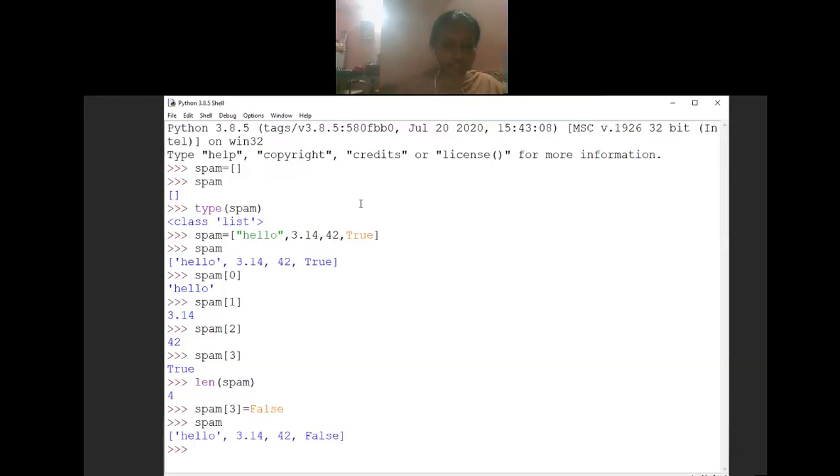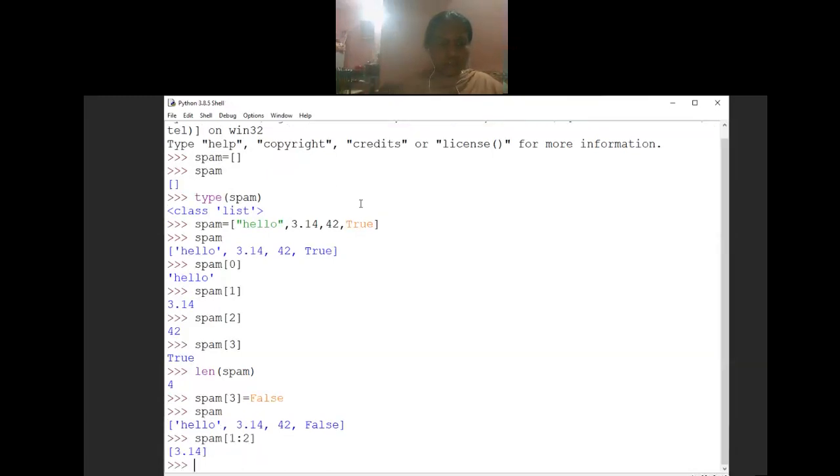Similarly, let me go with slicing now. Spam 1 colon 2. So what happens? It will consider 1, it's not considering 2, only the first one will be considered.